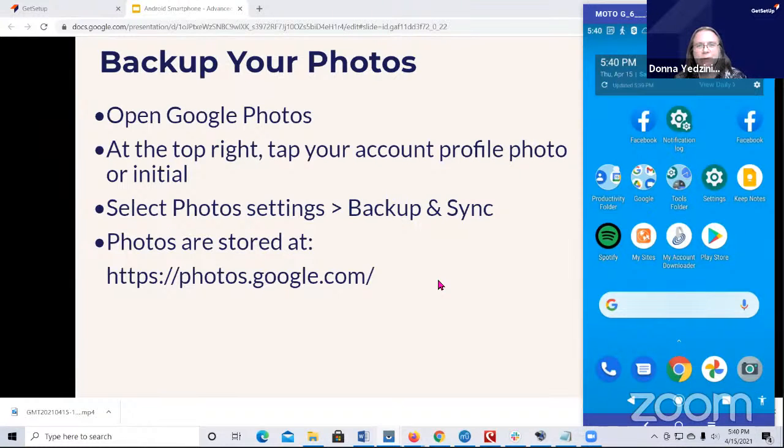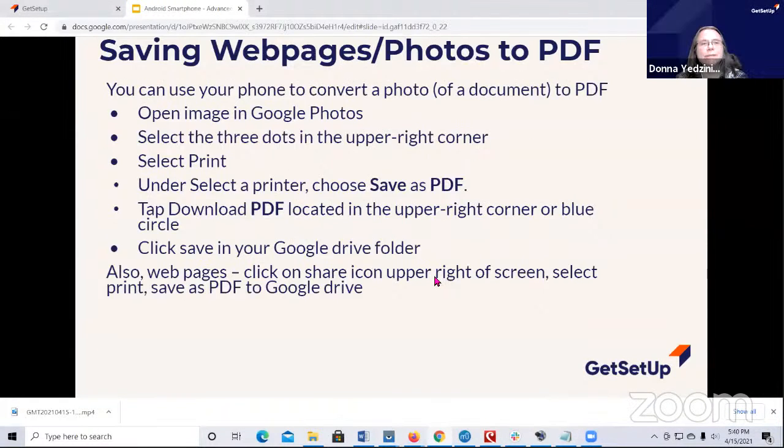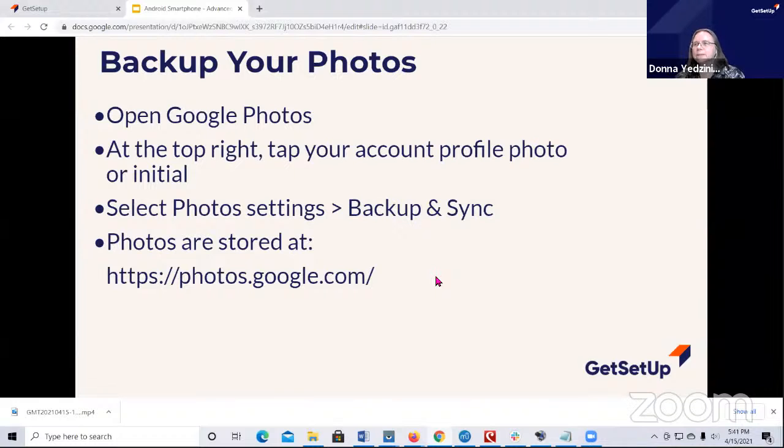If you've never had a smartphone before, there's a lot going on with the smartphone. It's a lot different than just having a regular phone. Yes. And you know that, and you're doing the right thing. You just take it a little bit at a time, and I think a lot of people will probably agree with me. The more you actually look at what's on your phone, the more you'll learn about what